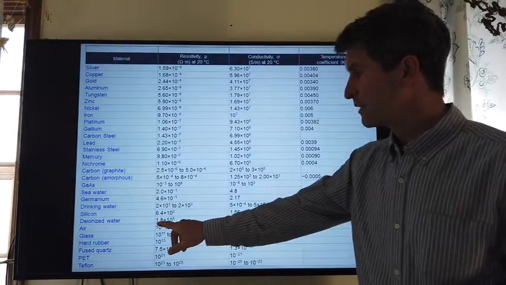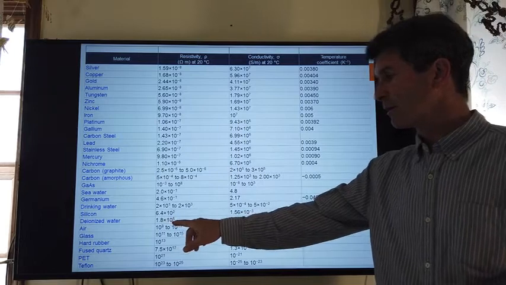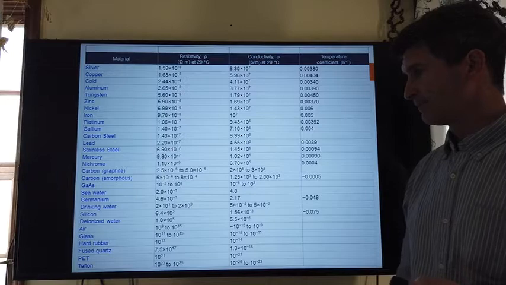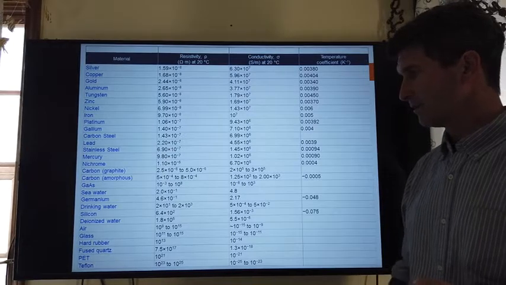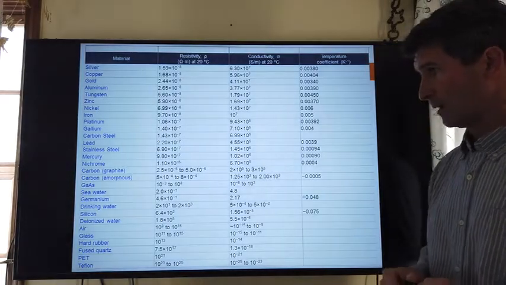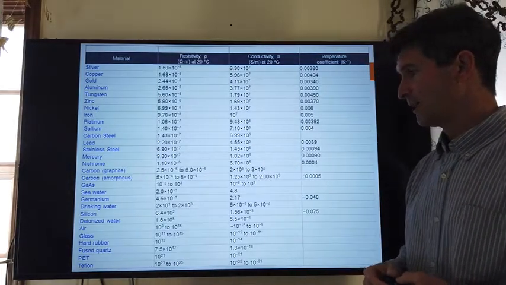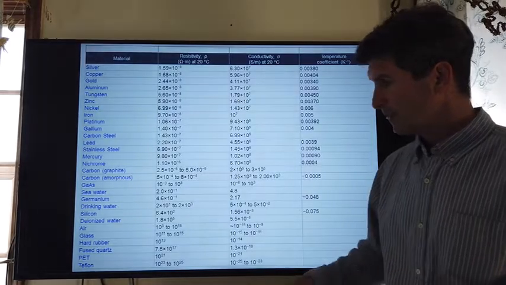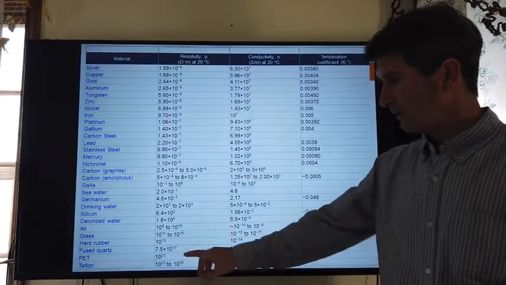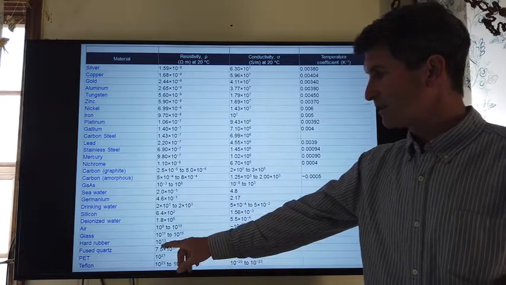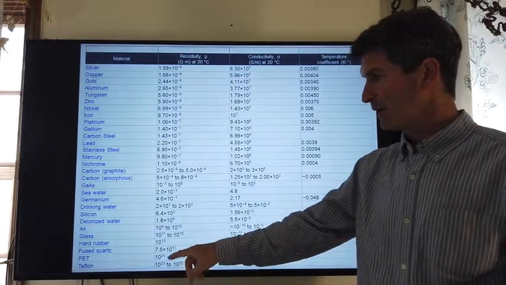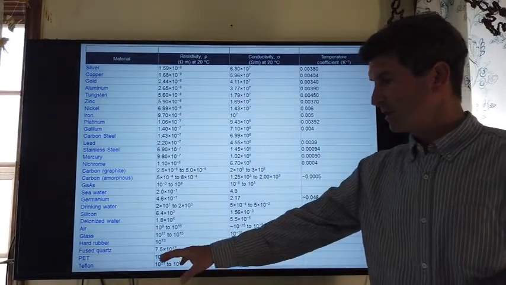What's interesting, though, is if you look at deionized water, pure water actually has a very high resistance. That's notable to see, that the electrolytes really change the electrical properties of water, even at very, very low concentrations. And of course, we have some of the highest resistant material, glass. Ceramics are very similar in resistivity to glass. Hard rubber, fused quartz,